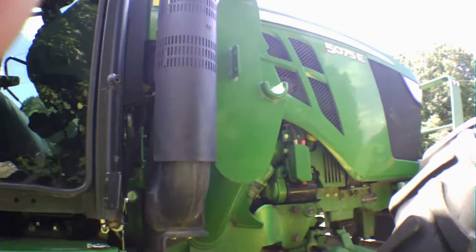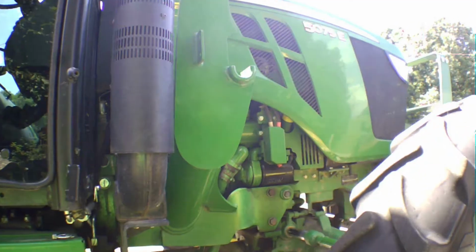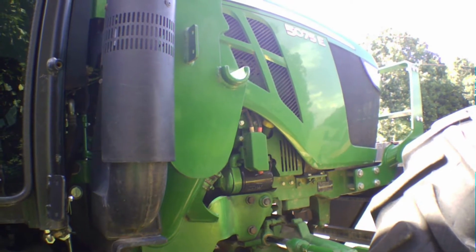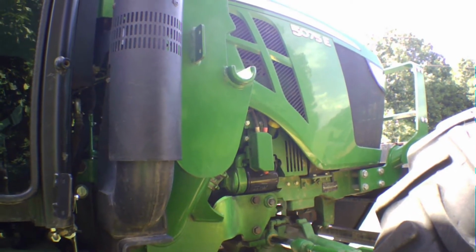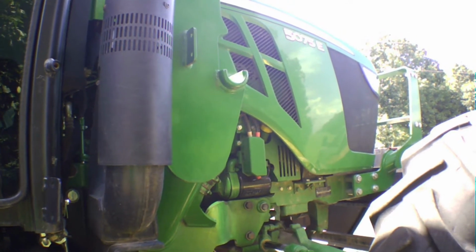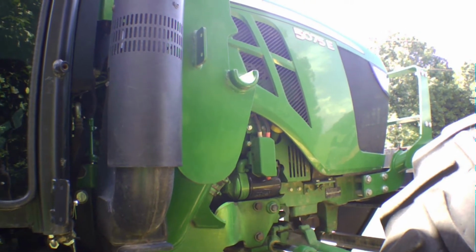Okay everyone, what I'm going to go over with you today is this 2018 5075E John Deere tractor, and all the E series all the way up to the 75 are pretty much the same. But what I want to go over today is